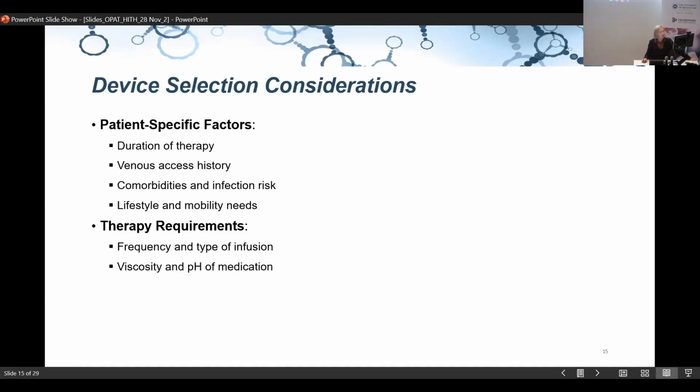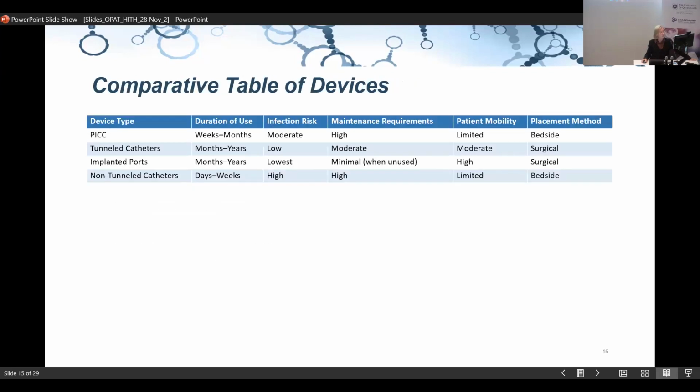But also what therapy are they going to have? How frequently? Like I said, the ports may not be suitable for something that needs to be accessed quite regularly. And the types of infusions, and also the viscosity and the pH of the medication is extremely important as well. So in a comparative table there, the PICCs, as I said, can have a moderate risk, but can be